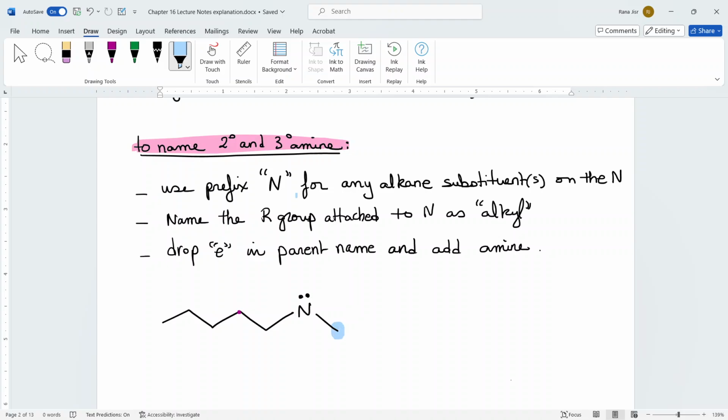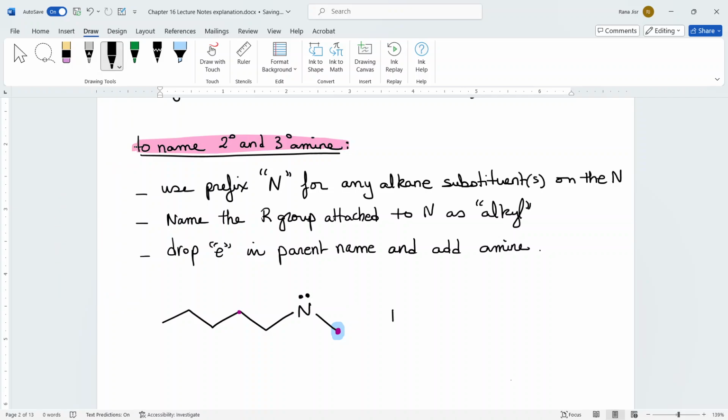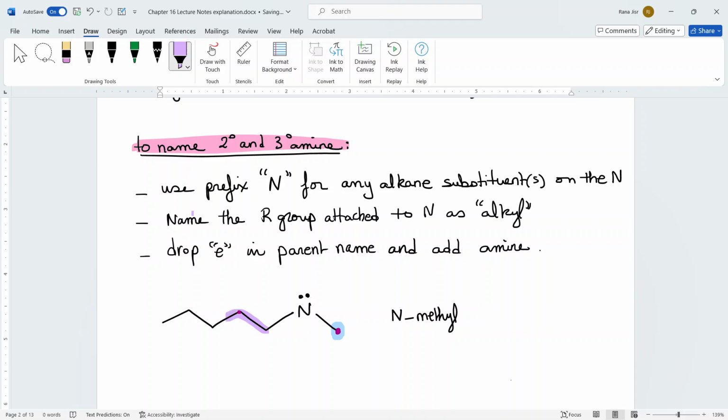So I'm going to give it the prefix N. That carbon substituent is 1 carbon, this CH3 belongs to the N, so I'm going to give it the name N-methyl. Then I'm going to go to the other side of the secondary amine and choose the longest carbon chain, which of course includes the nitrogen. And then I'm going to give that nitrogen on this chain the lowest possible number. So I have to start numbering from here, carbon 1, 2,